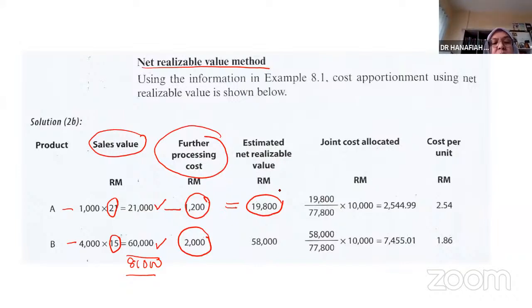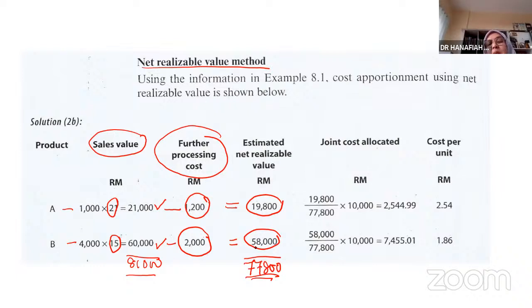And for B, you have to incur 2,000 if you go further process, which is 2,000. So this 60,000 minus 2,000, it is equal to 58,000. Now you total this up. It should be